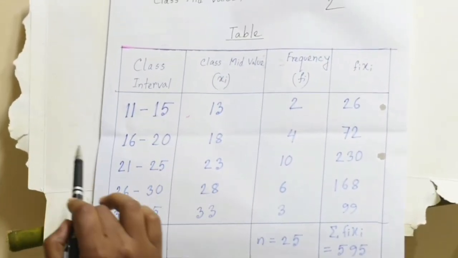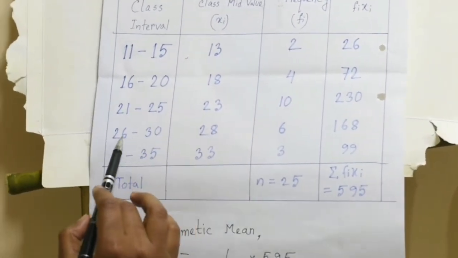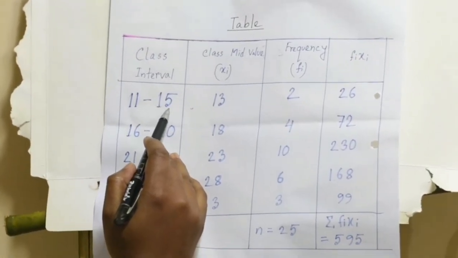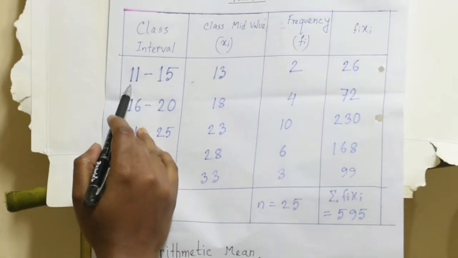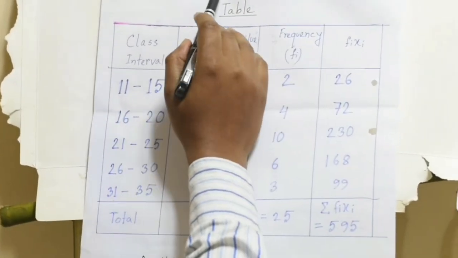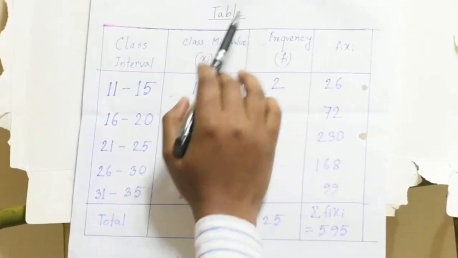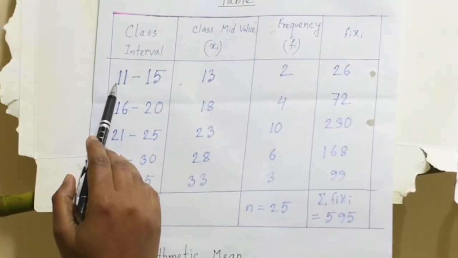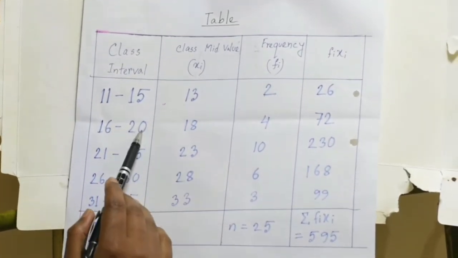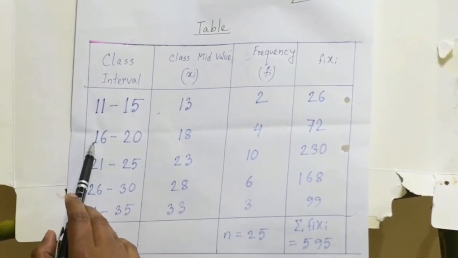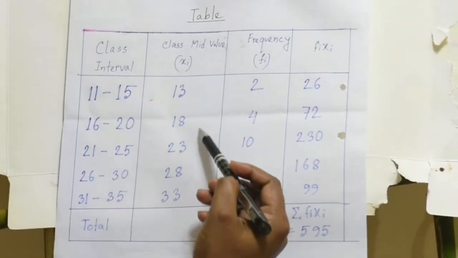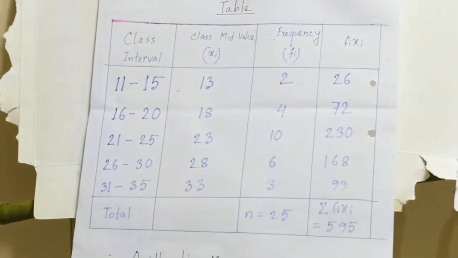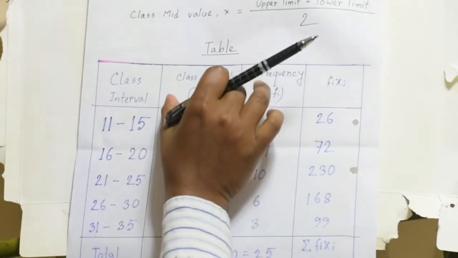In each class, the highest value is known as the upper limit, the lowest value is known as the lower limit. So we can calculate the mid value this way: upper limit plus lower limit by 2. Here 15 plus 11 equals 26, by 2 equals 13, 20 plus 16 equals 36, divided by 2 equals 18, and so on. These are the mid values of the classes,